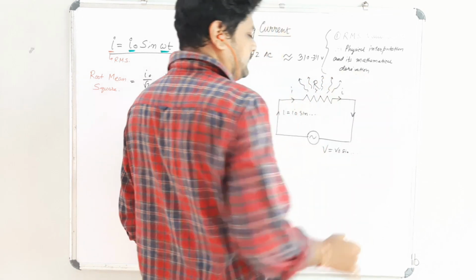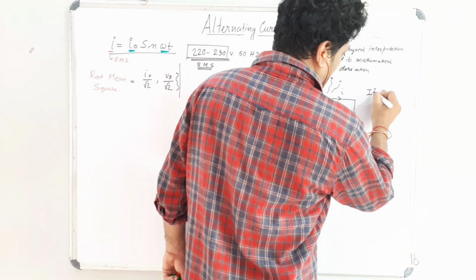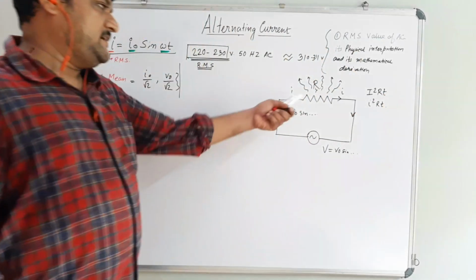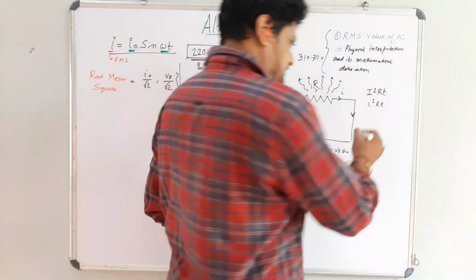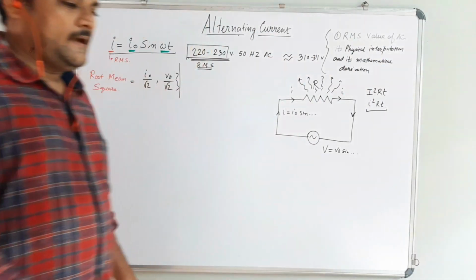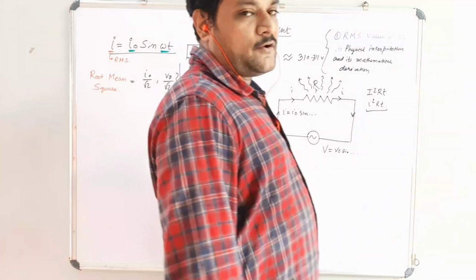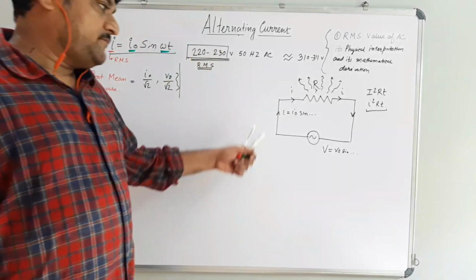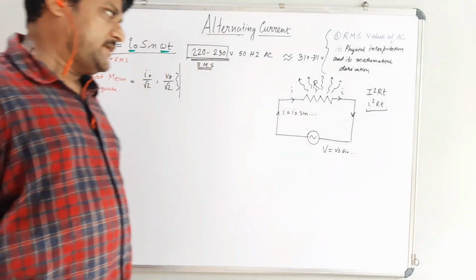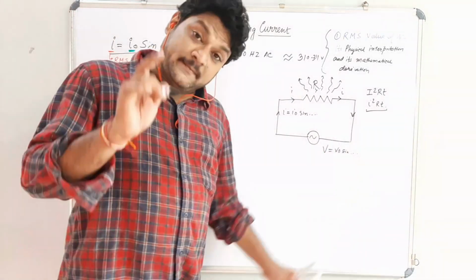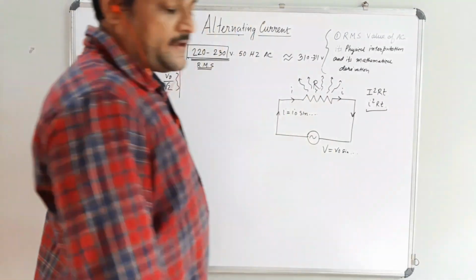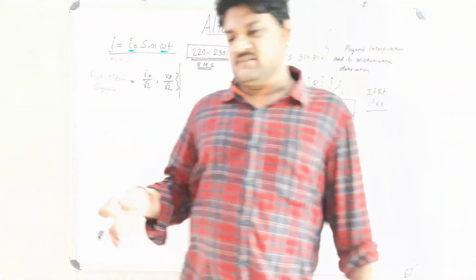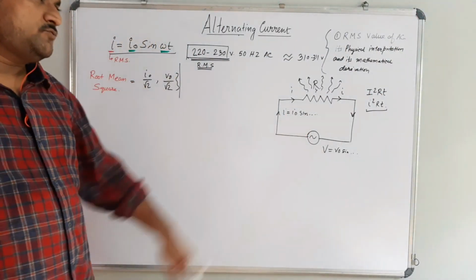That heat will dissipate in our environment. What kind of heat is it? It is determined by I square R T, whatever you represent. This comes from Joule's law of heating. If a potential is applied across a constant resistance, and current I flows through the resistance for time t, then some heat is produced against R, and that heat we cannot get back; it is dissipated in our environment. This is called Joule's law of heating.